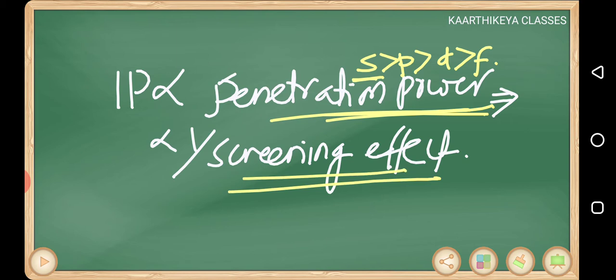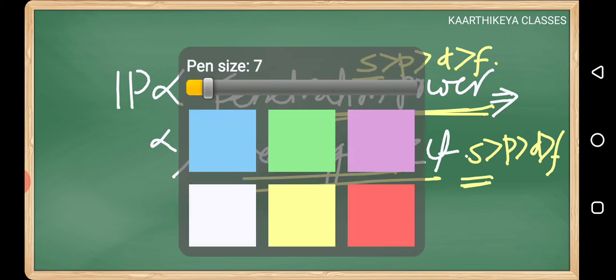Interestingly, the screening effect is also the same way. In the order s, p, d, f, the s orbital screens better than the p orbital, than the d orbital, than the f orbital. We were discussing this in some other topics also. The s orbital is spherical in shape, that's why its ability to screen the nucleus will be more. So the screening effect is like this. Now you see the logic in this point.